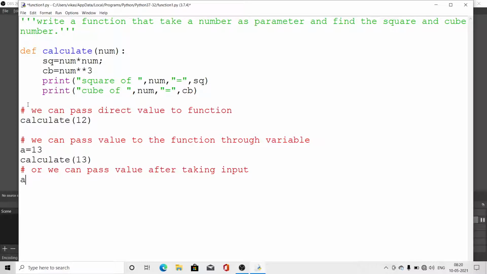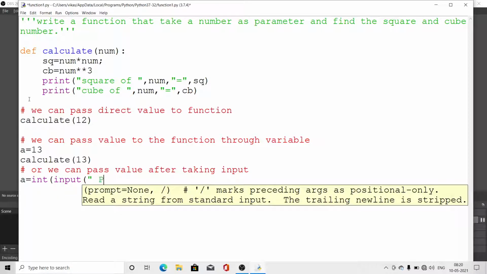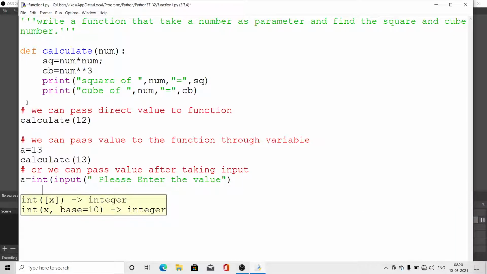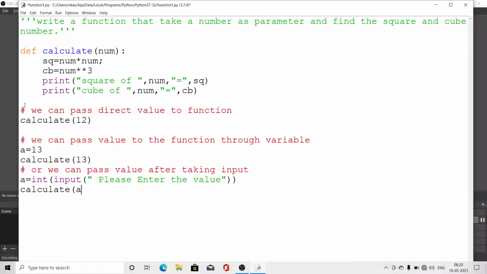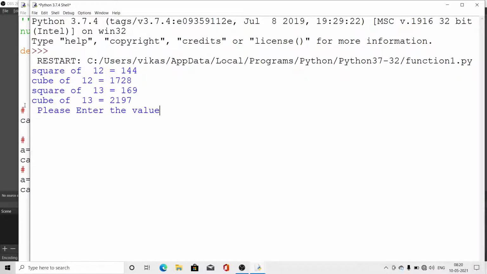I have to write a = int(input()), and I will write here "please enter the value". And then what I will do, I will write here calculate(a). Look here, I will write all of them. First it calculates 12, that is a direct value, then 13, then it asks, I give 45, it will calculate on the 45.